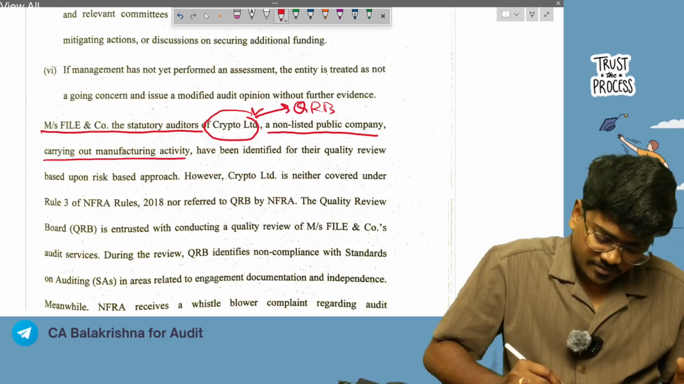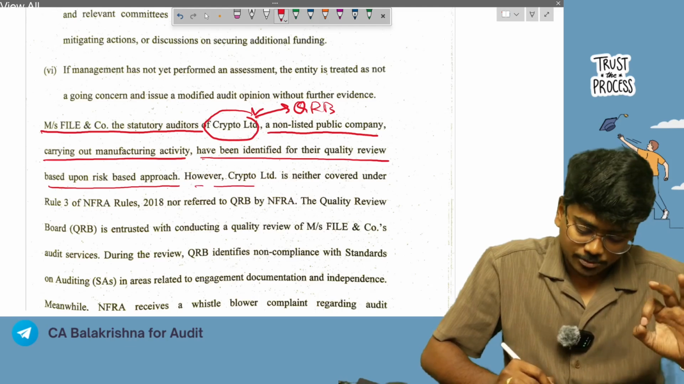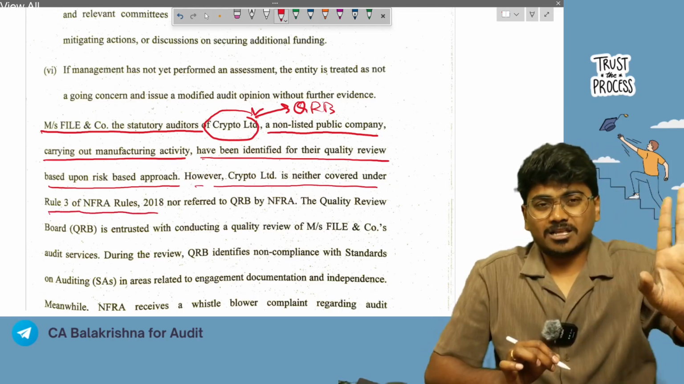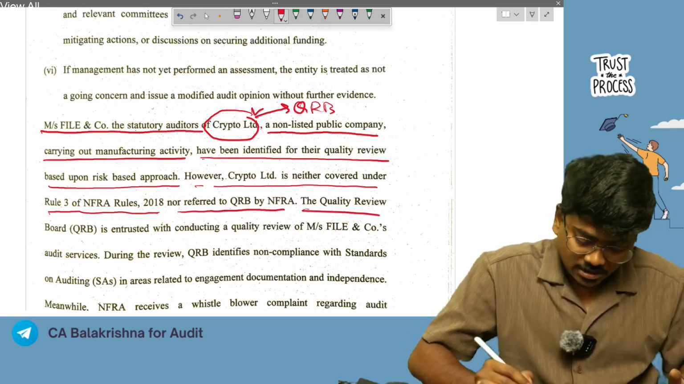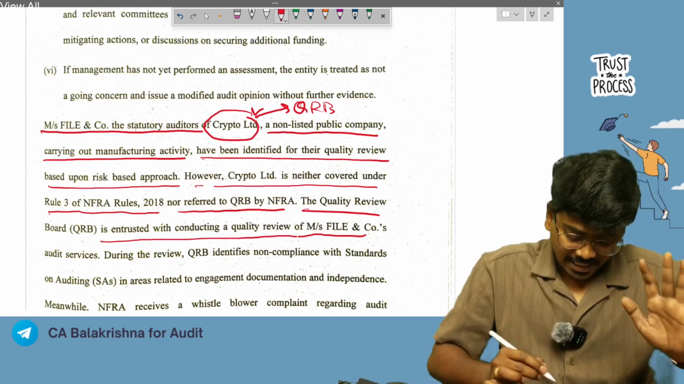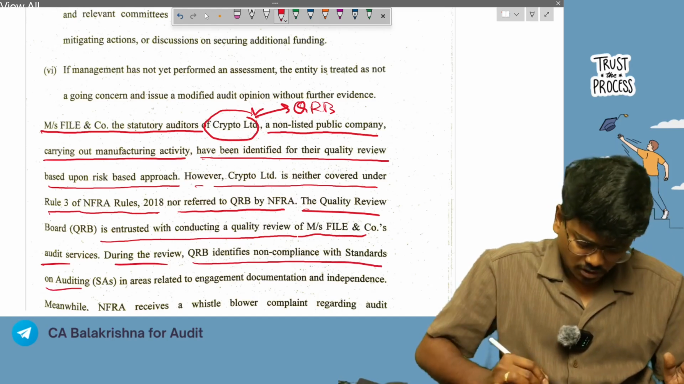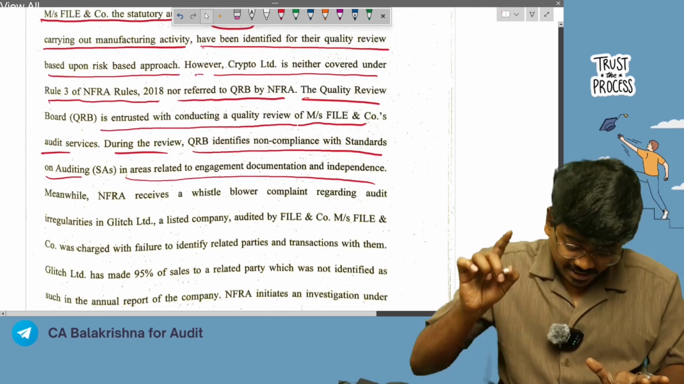Carrying out manufacturing activity, it has been identified for quality review based upon a risk-based approach. However, Crypto Limited is neither covered under Rule 3 of the NFRA Rules 2018, nor referred to QRB by NFRA. The QRB is entrusted with conducting quality review of Messrs File and Co's audit services. During the review, QRB identified non-compliance with standards on auditing in areas related to engagement documentation and independence. Meanwhile,